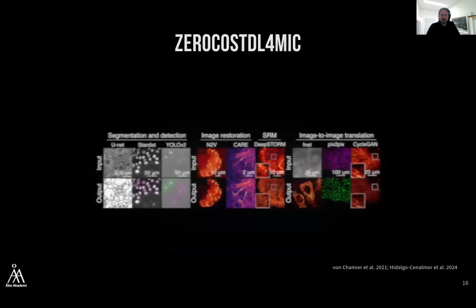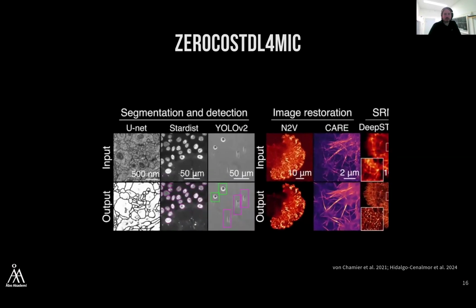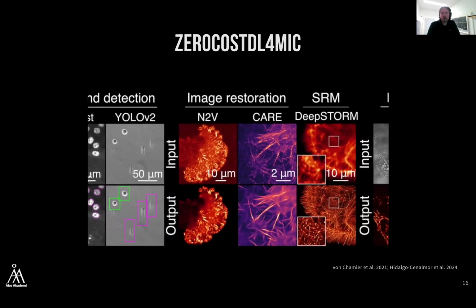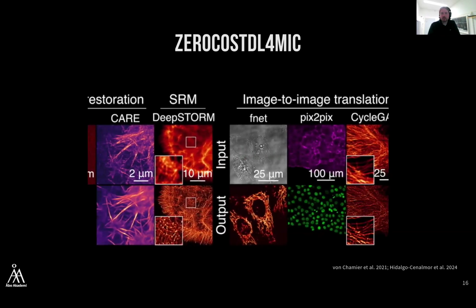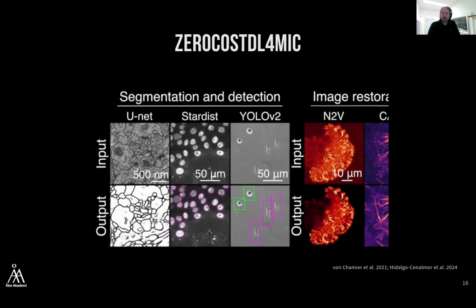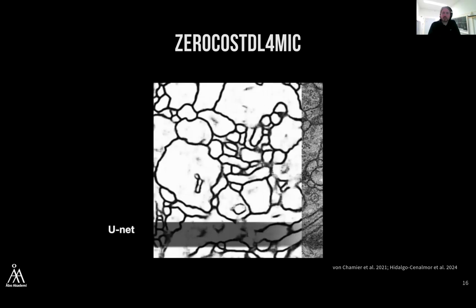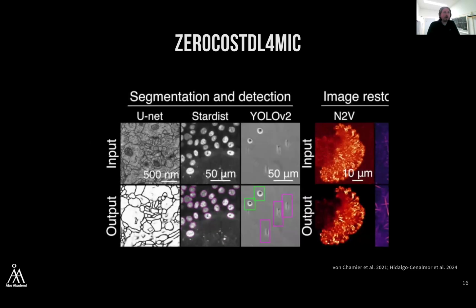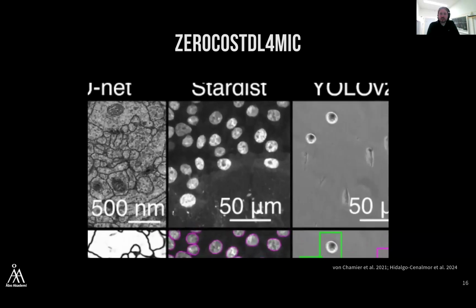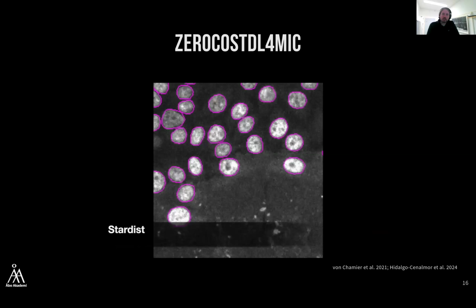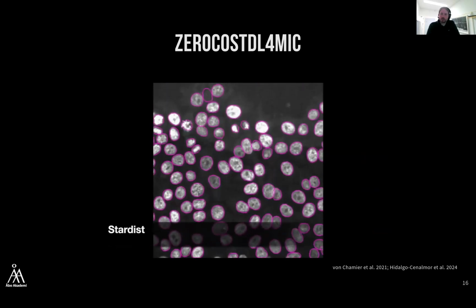And so here are some of the things that we could do when we published the paper. Things have evolved a bit now, but basically any kind of task that you can think of for image analysis can be done using deep learning, things like segmentation using a UNet. Here's an example from electron microscopy. If you're interested in nuclei segmentation, StarDist is a great tool, especially, so we've been using that a lot for